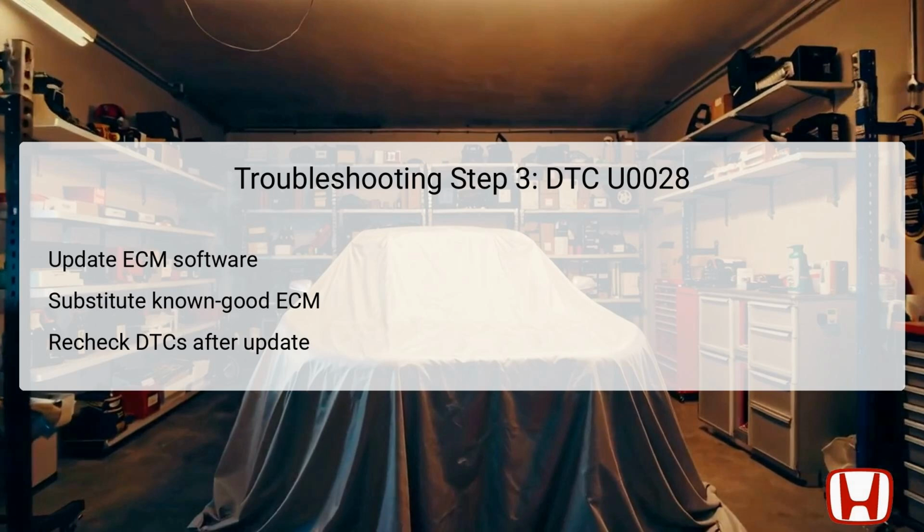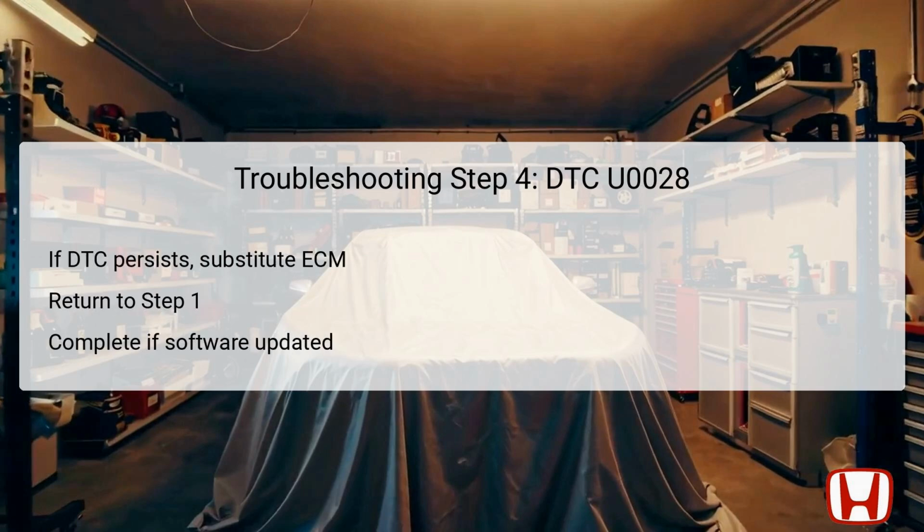After performing these updates or substitutions, use the HDS tool to recheck for pending or confirmed DTCs to observe any changes. Depending on these results, further action can be planned effectively. If, after updating the ECM software and substituting the ECM, DTC U0028 still persists, return to the first troubleshooting step and reevaluate. This suggests that despite the updates and replacements, the underlying issue remains unresolved, and it may be necessary